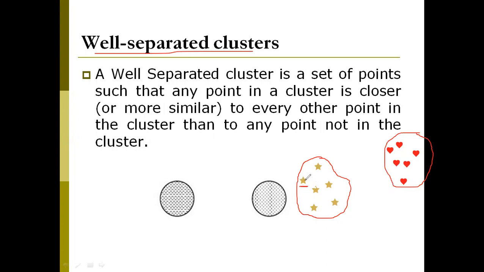This particular data point may be similar to this point, this point, this point, and this one. So one data object is similar to each and every data point within that same cluster. In the same manner, if you observe this one also,